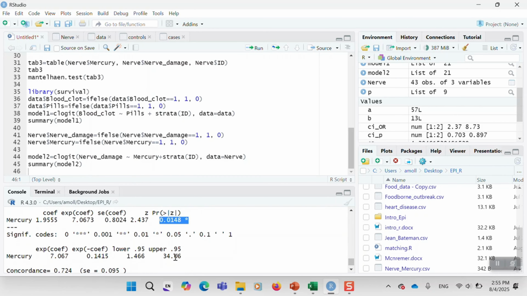The difference with the Mantel-Haenszel method is that Mantel-Haenszel used non-parametric tests, which means that it uses approximation, but conditional logistic regression is an exact parametric maximum likelihood test. Using conditional logistic regression, you can run 1-to-1 and 1-to-m matched case control studies. It offers more flexibility and power. You can have more complex models, like you can also add interaction. If you have more variables, you can add multiplication for interactions. You can add more variables here to adjust for other variables. For example, if you have alcohol use, you can add